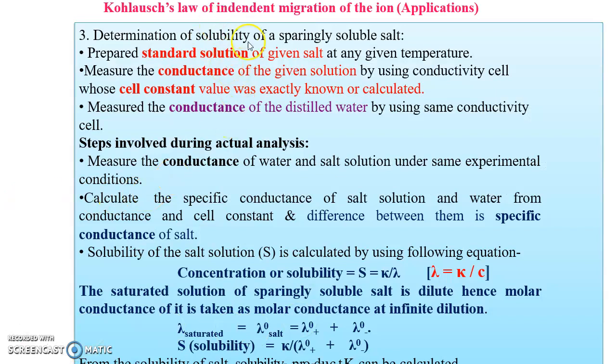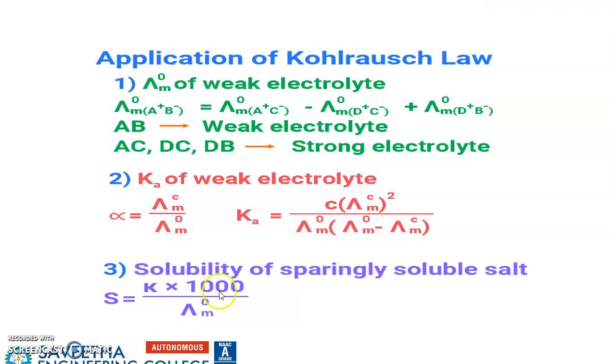And the third one is to determine the solubility of a sparingly soluble salt. We know lambda equivalence is 1000 kappa by C. For any sparingly soluble salt, the concentration will remain the same. Or in other words, sparingly soluble salt means it will dissolve only to a smaller extent, which will remain the same at a particular concentration as well as at infinite dilution. So what we can do is we can replace, see, actually